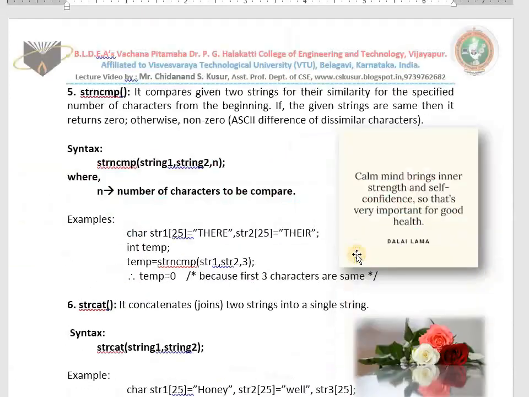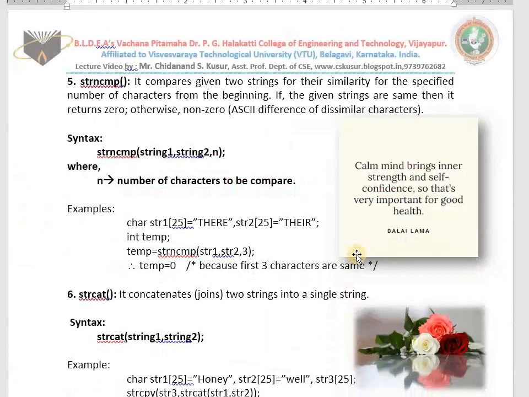Next one is strncmp. Both are same. Already know the difference. strncmp means instead of comparing the whole string, it compares only starting n characters. It compares given two strings for their similarity for the specified number of characters from the beginning. If the given strings are same, then 0, otherwise non-zero. Difference of ASCII value.